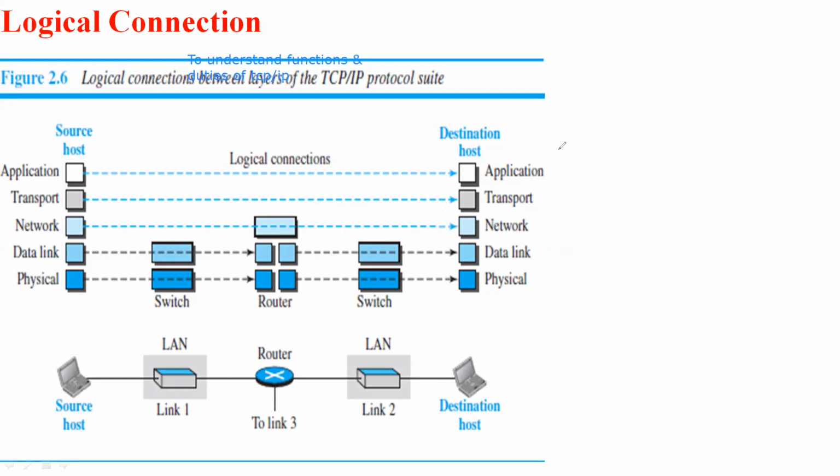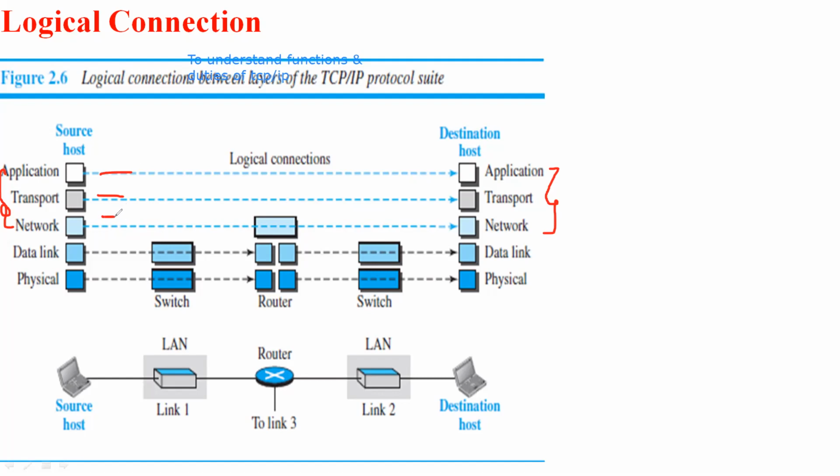With respect to the top three layers, the data unit or the packets should not be changed by any router or anything, because here the router is not connected to the application layer and the transport layer. So in case of a network, we need only one network layer. So when I'm talking about logical connections, we need different layers.